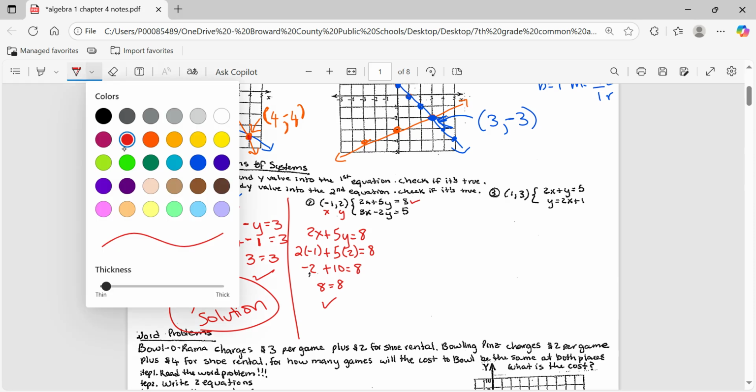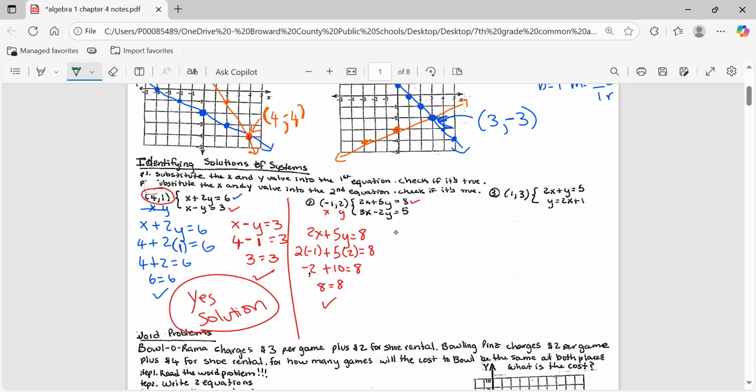Let's check the second line. I'll use green. So the second line is 3x minus 2y equals 5. X again is negative 1, and y is 2. So let's see. Negative 3 minus 4 should equal 5. Negative 7 is equal to 5. That's not true. So this coordinate is a part of the red line, but not a part of the green